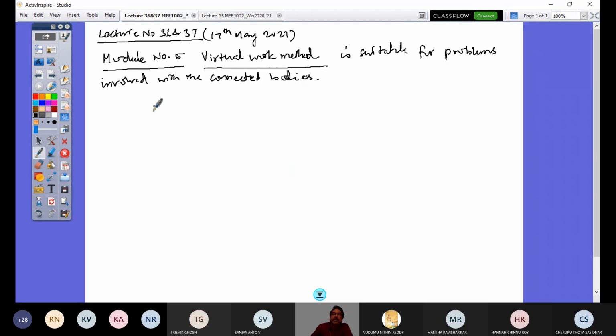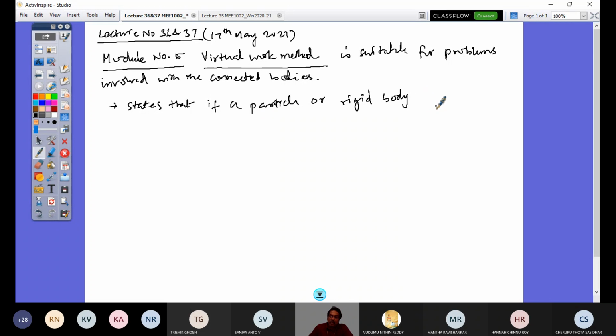So let us define the principle of virtual work method as this. It states that if a particle or a rigid body. This word particle you should not misunderstand, as I was telling from the very first class. A particle refers to a rigid body when the physical geometry of the body is not considered, right? That's why it is said, if a particle or a rigid body